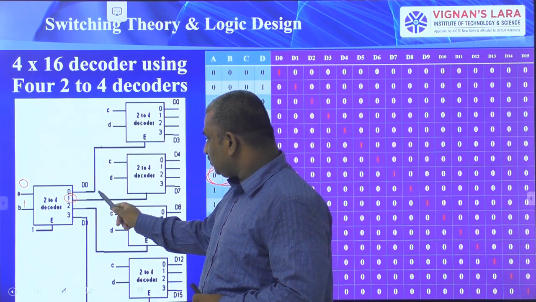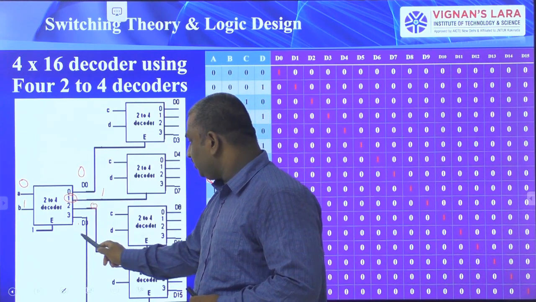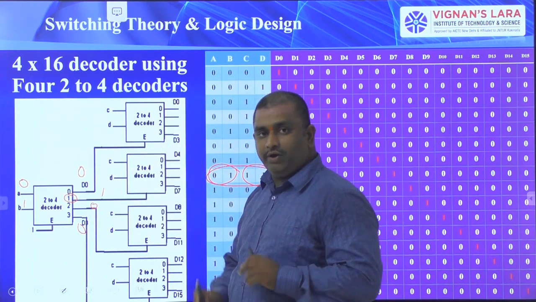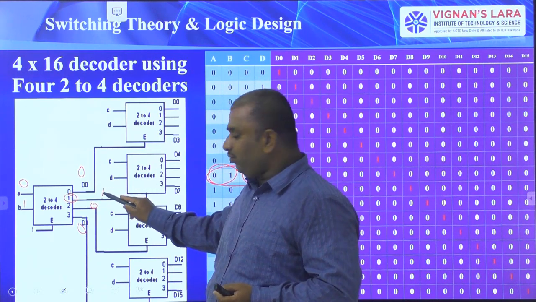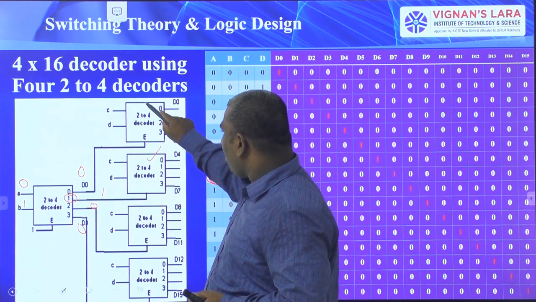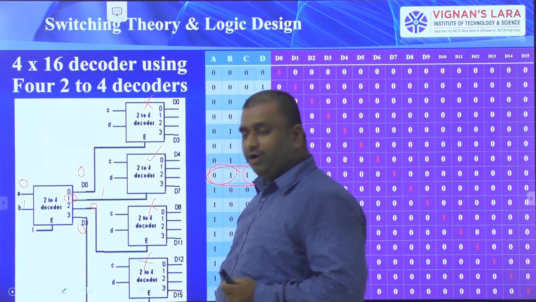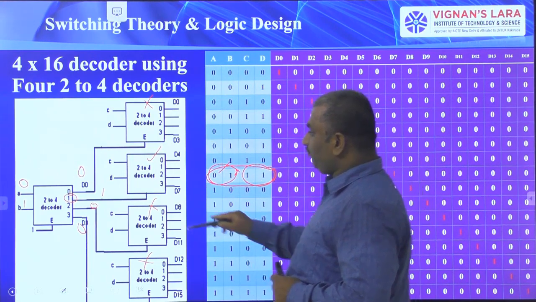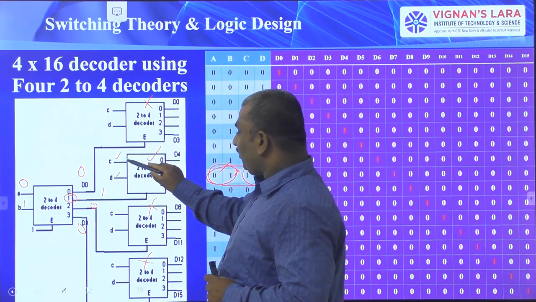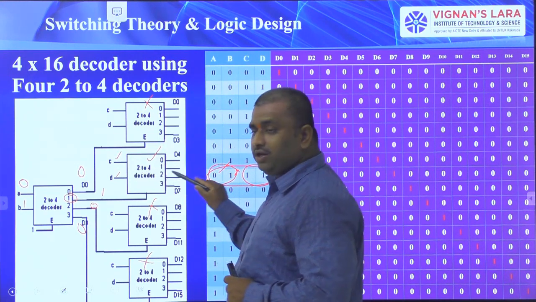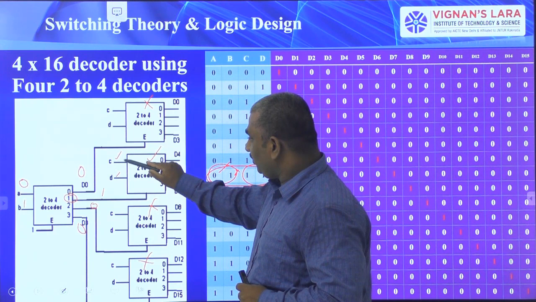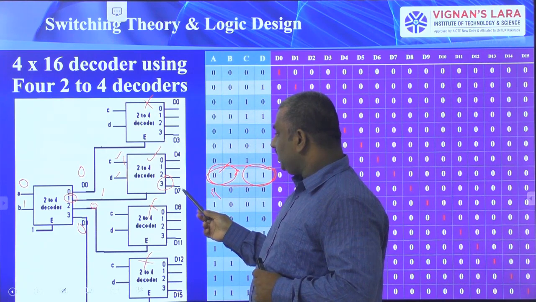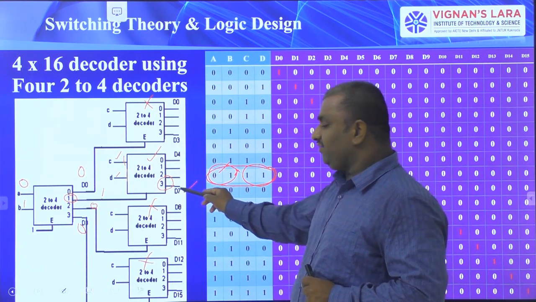So for the first output, this is going to 1 and all the remaining outputs are 0 according to decoder operation. Wherever this 1 is connected, that decoder is going to on condition and the remaining 3 decoders are going to off condition. AB values we have selected as 0 1. Next, CD values are 1 1. So which terminal is going to be selected here? The D3 terminal in this decoder, that is nothing but the D7 terminal, is going to on.